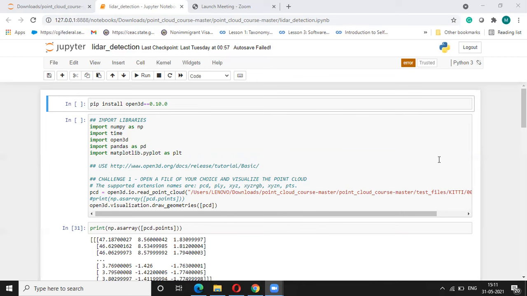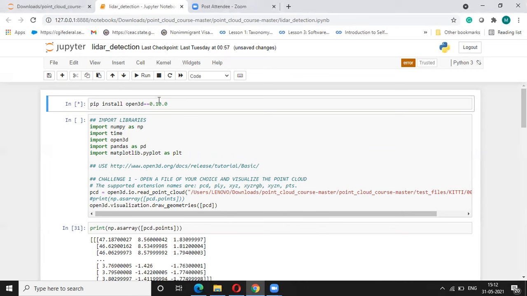Whenever we have point cloud data available with us, and we have to do some sort of processing on it, first of all we need to see what exactly we have available. So first of all we need to install the Open3D point cloud library. We pip install open3d equal to 0.10.0. This is the version we need to install. Once we install the Open3D library, next we need to import a few more libraries to operate on the data inside that point cloud.